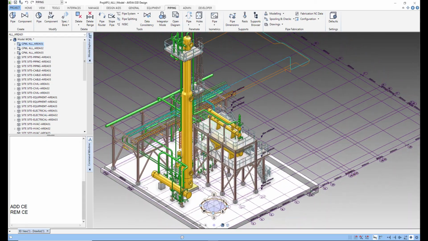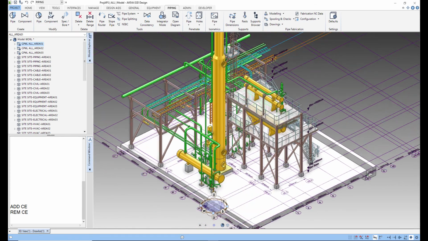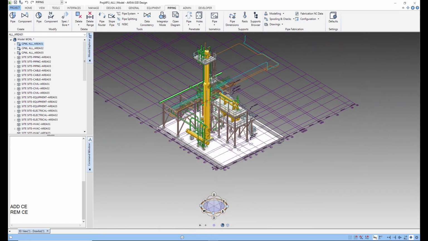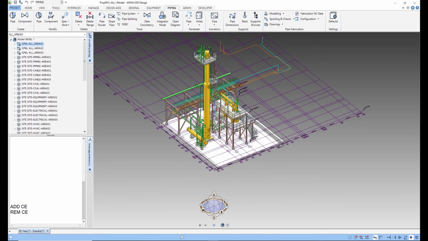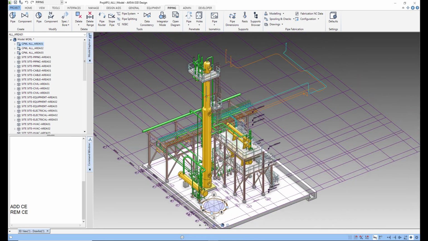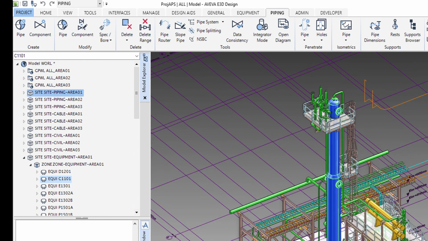Suppose I want to work only on this equipment. You can see that the elements are in group world. Now this is the base hierarchy. I will introduce this group world later. This is not the right time to introduce it.